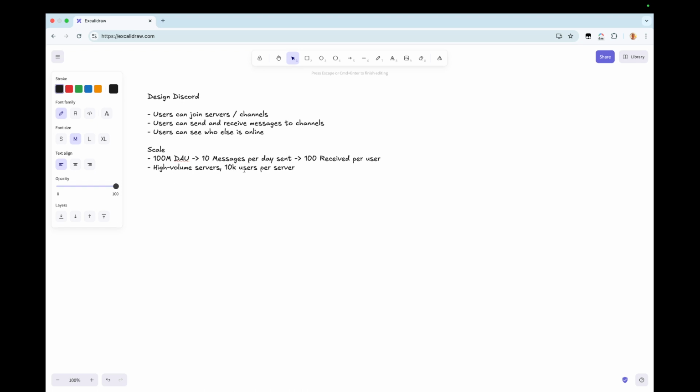So we have a lot of messages going back and forth on one particular server, 1,000 messages received per user. So we're sending and receiving lots of messages, and we have lots of users on a particular server. That's very important.